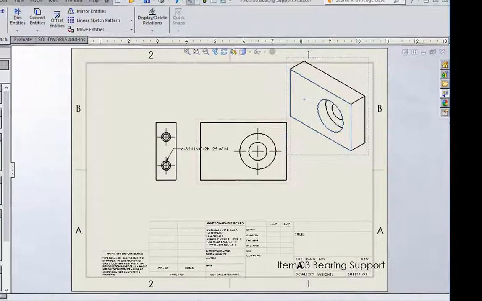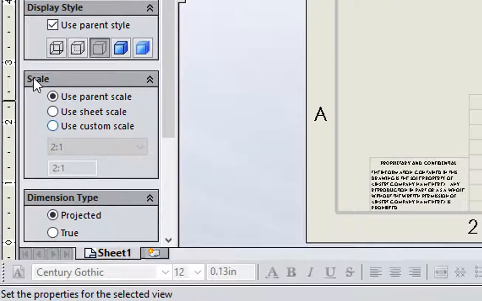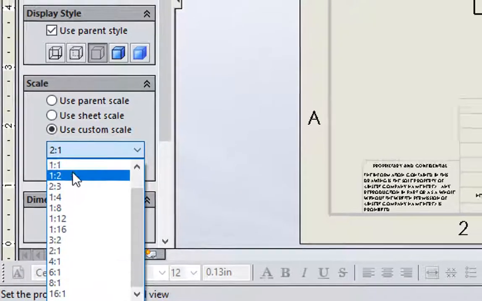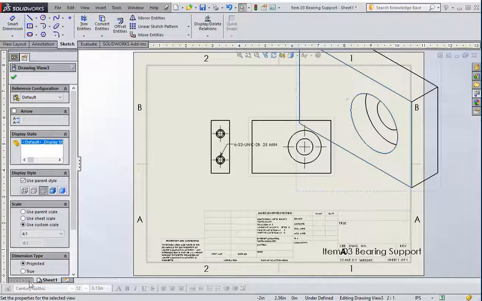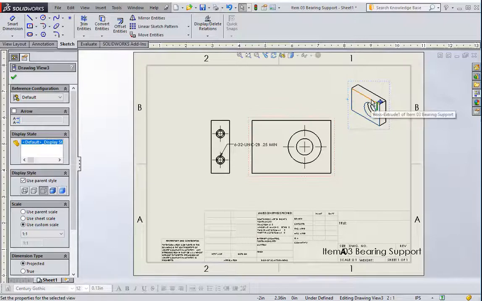I'm going to click on it, and I have some options here as far as the scale goes. I'm going to select Use Custom Scale. And I'm going to try something like, say, 4:1. Oops, so that doesn't work. I'm going to select 1:2. Too small. 2:3. How about this 1:1? Yeah, that's a little better, because the isometric view is just